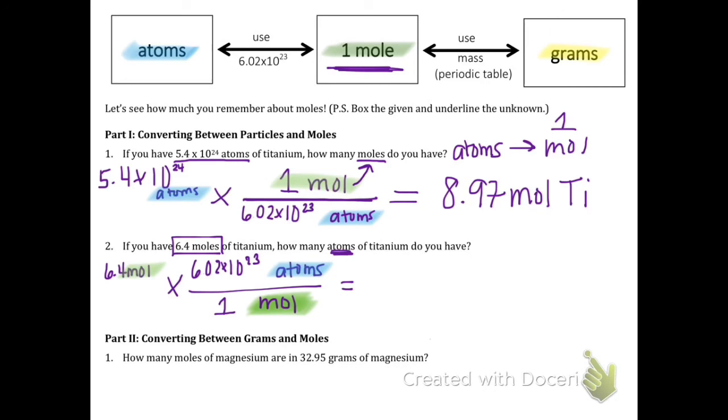Alright, so you're going to do top times top, and you can divide by 1. So do that on your calculator. Make sure you use that E button. Okay, if you forgot, remember it's like 6.02 E23, right? So if you do it in your calculator, you should get 3.85 times 10 to the 24. And then you always have to have your units. It's always a 3-part answer, right? So you have a number, you have the unit, atom,